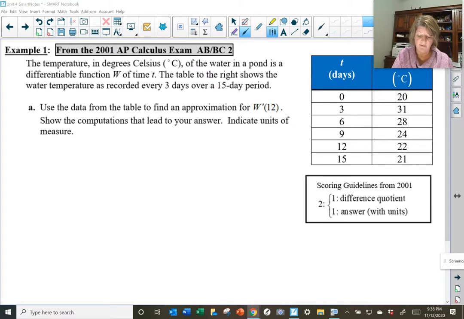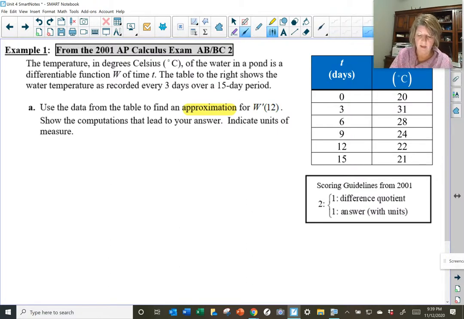Use the data in the table to find the approximation, W prime of 12. Show the computations that lead to your answer. Well, if I had an equation, I would just take the derivative, plug 12 in like we have been learning how to do in chapter 2 and 3, but they didn't give us an equation. So the other key word I see mentioned is that we want to do an approximation. So I know I'm probably not going to actually take a derivative of a formula, but rather use some numbers